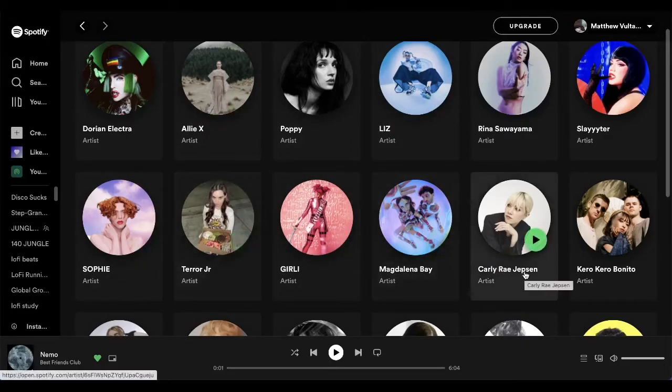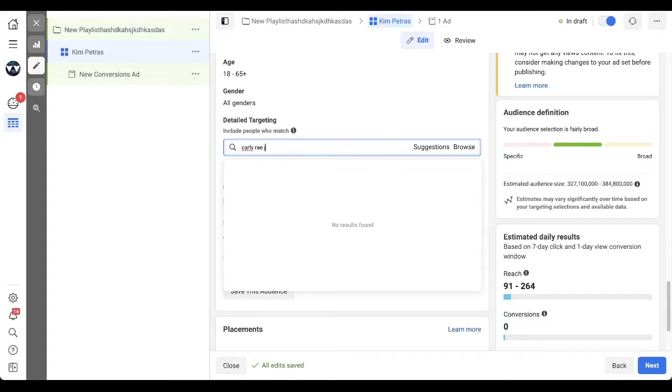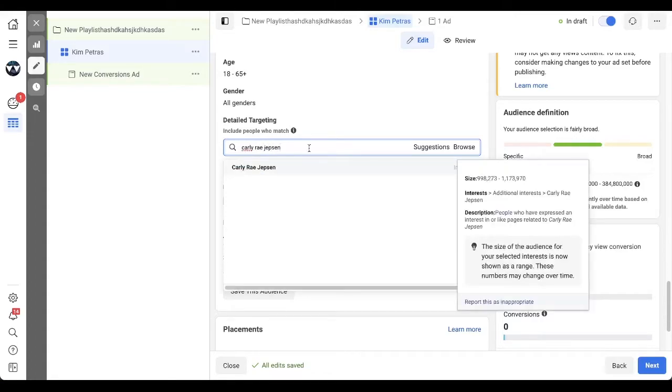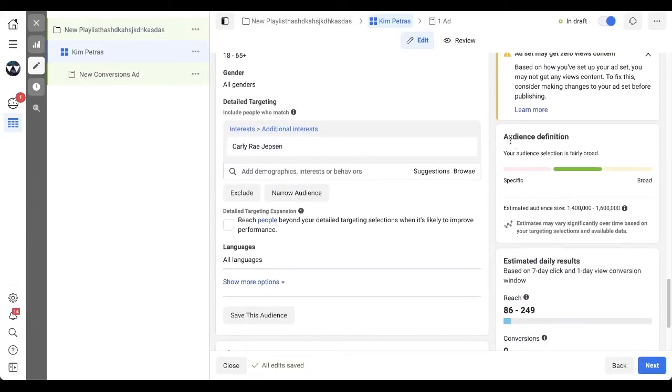You want to make sure that, okay, this is a female-fronted pop music, so let's pick a female-fronted artist that's kind of similar to what I would have wanted. Let's try Carly Rae Jepsen inside of the search. Carly Rae Jepsen. Bam. And then on the right hand here in audience definition, you'll see that the estimated audience